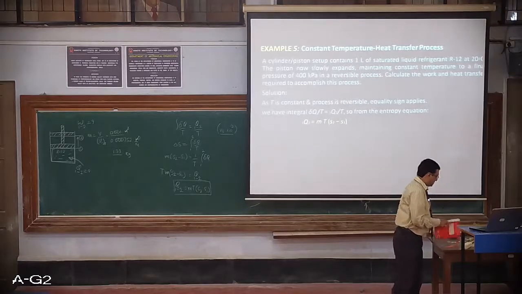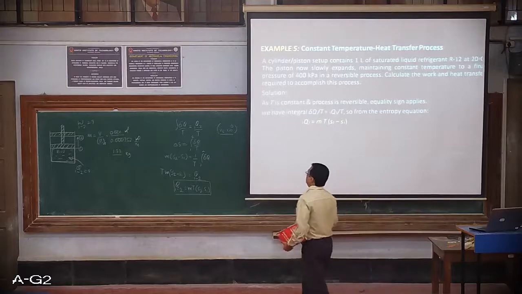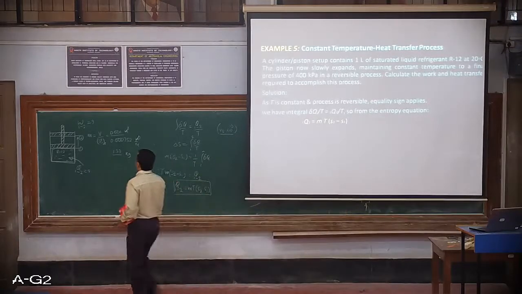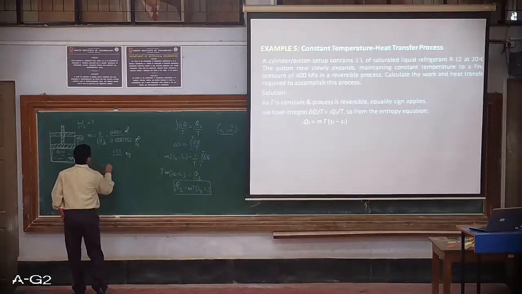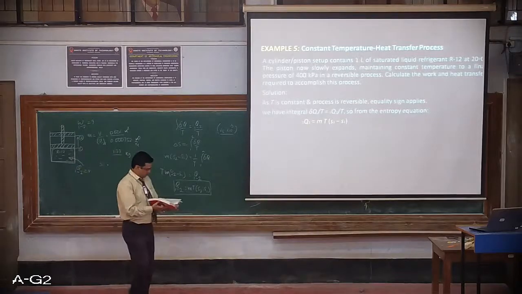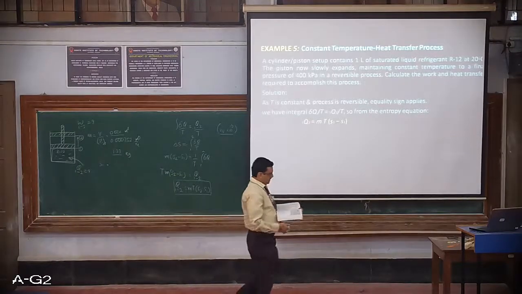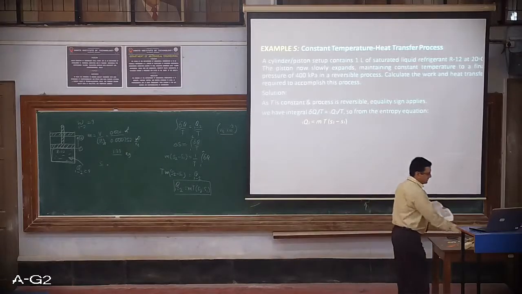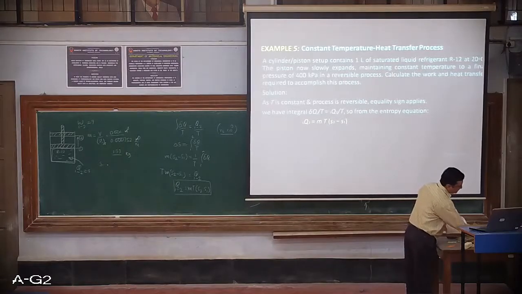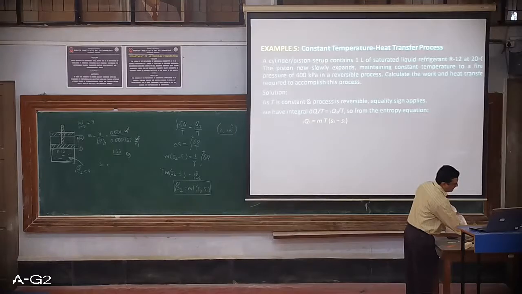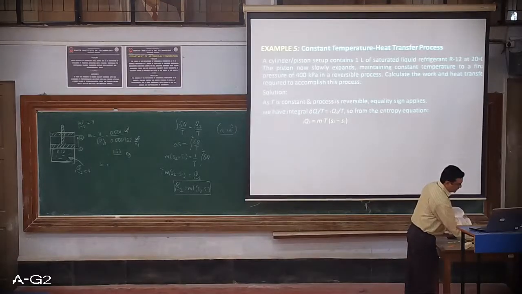Now, after calculating the value of M, we need to find S1, the entropy. Again from the same table, the entropy, that is SF, is to be calculated. He has given, after specific volume and enthalpy, the entropy. So for a given temperature, the entropy SF value is to be considered.